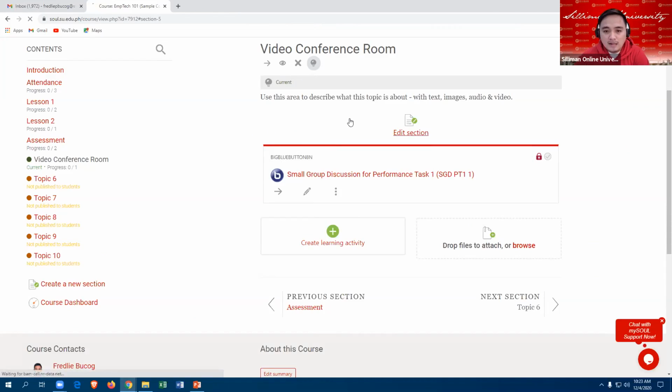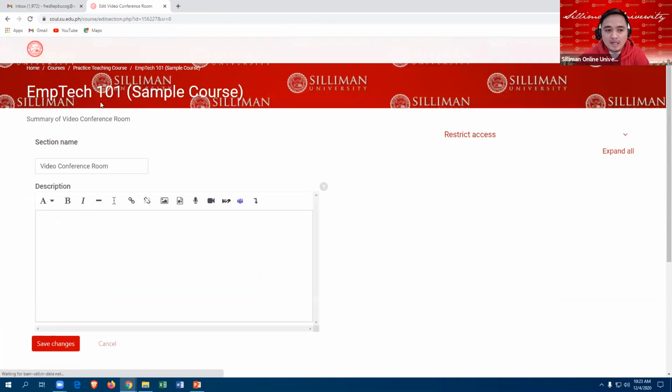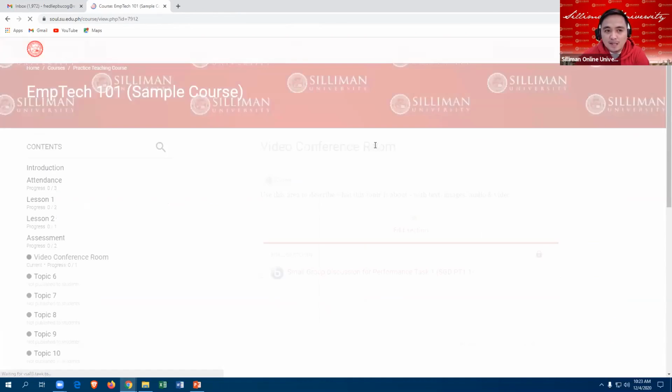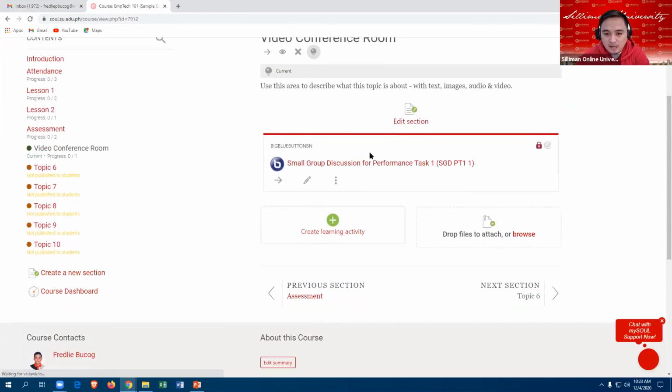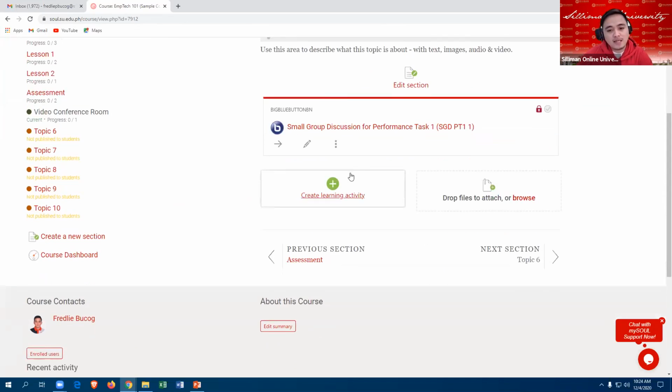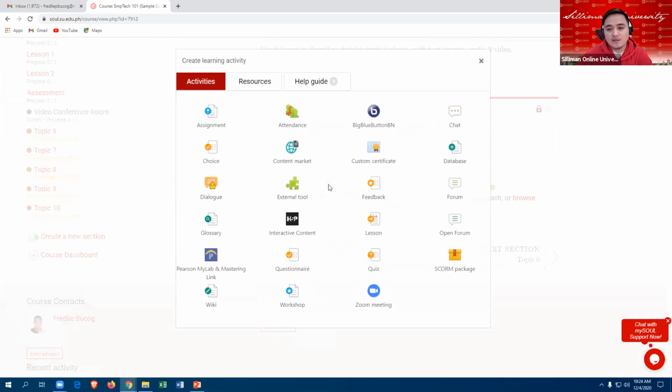And then now we will create another, okay? We will now create another Big Blue Button for our SGDPT2. So again, the same step as we do in small group discussion for performance tasks group 1. So again, we will just simply click again the create learning activity and then click the Big Blue Button